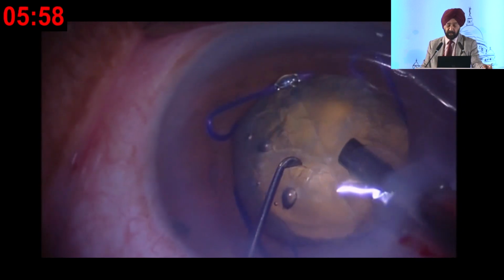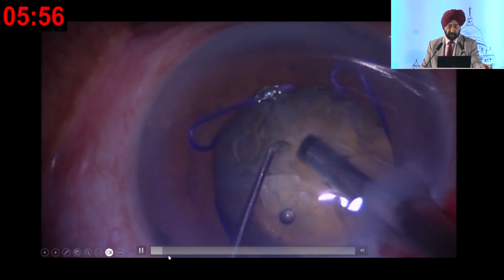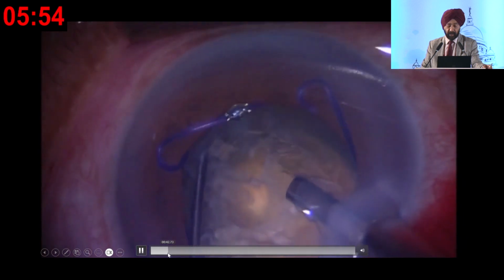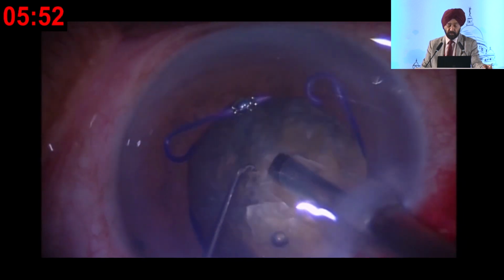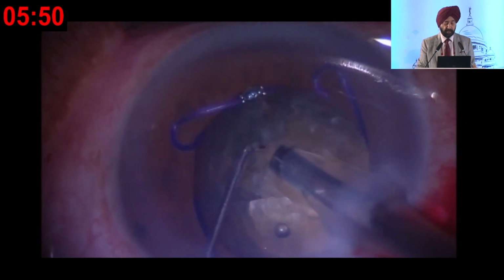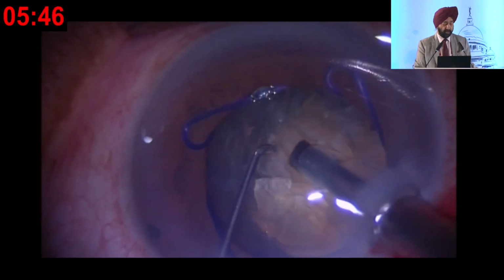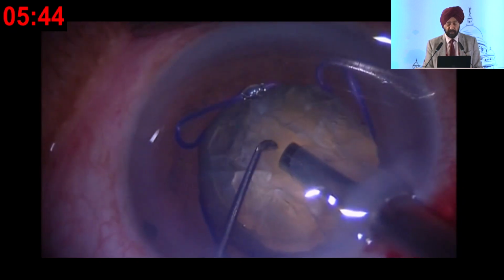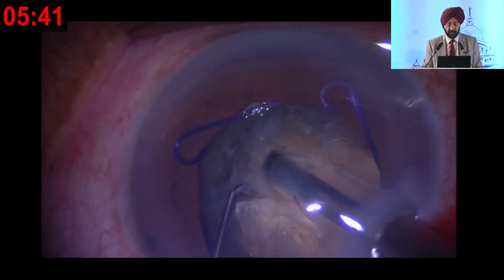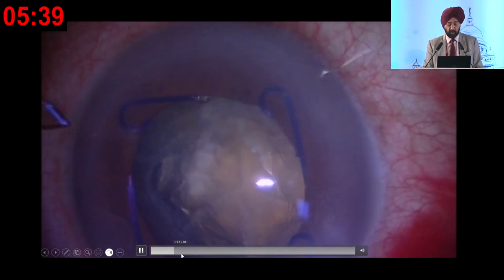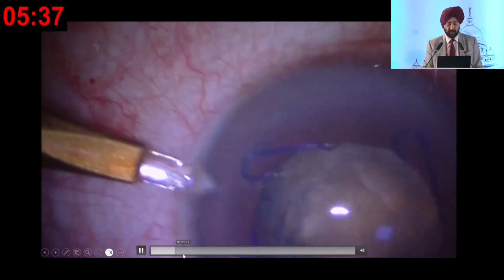See the mobility because of the subluxation of the cataract. Again, we are trying to rotate at this particular point, but it's not rotating well. Forceful hydrodissection was contraindicated in this particular case because of the subluxation, but gentle movement can be done. So at this particular point,